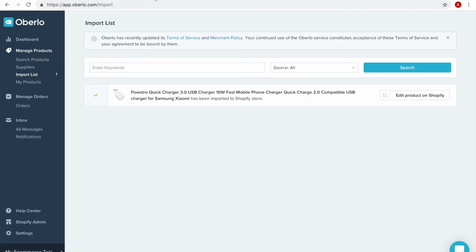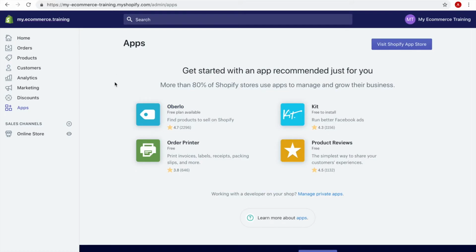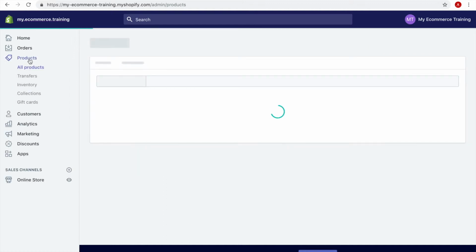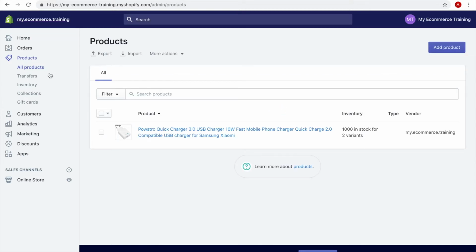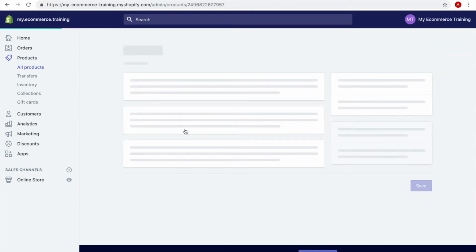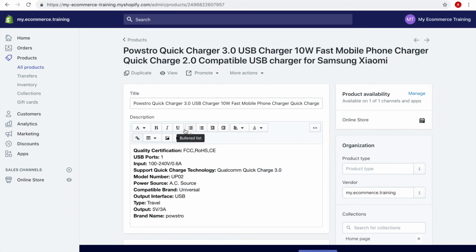We can close this tab here and just go back to our Shopify store and see if the product has been imported there. Okay, so to see the product, just go to the left menu and click on the Products link. So there you go. This is the product that we have imported from AliExpress via Oberlo. And now to see the details of this product, just click on the link